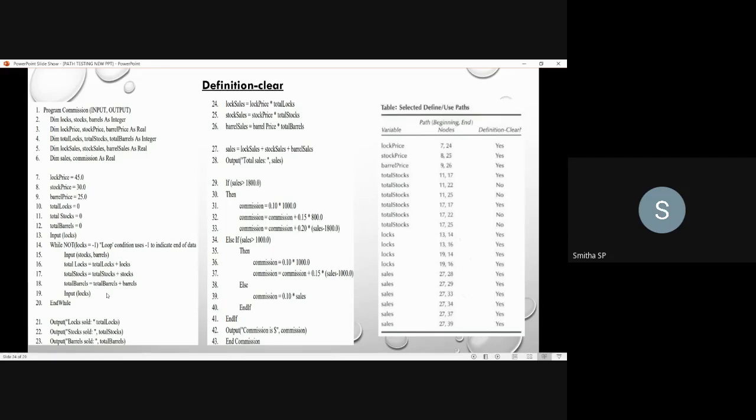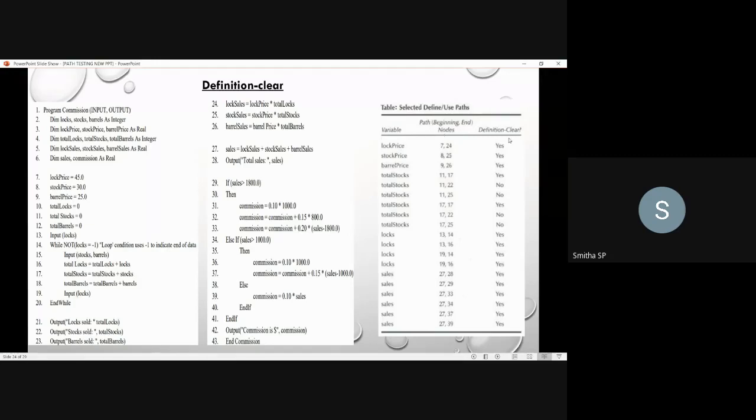Once you get a value for total stocks at the 17th node, you do not define total stocks again, and directly use it to print the value of the total stocks that you obtained. So the path is not clear here. That's why the definition clear is no.